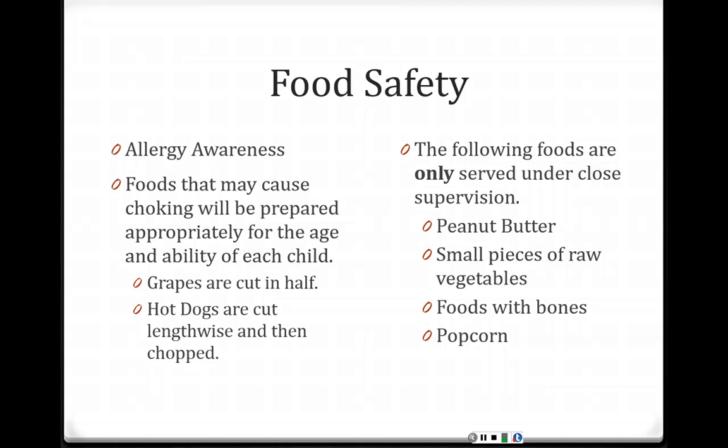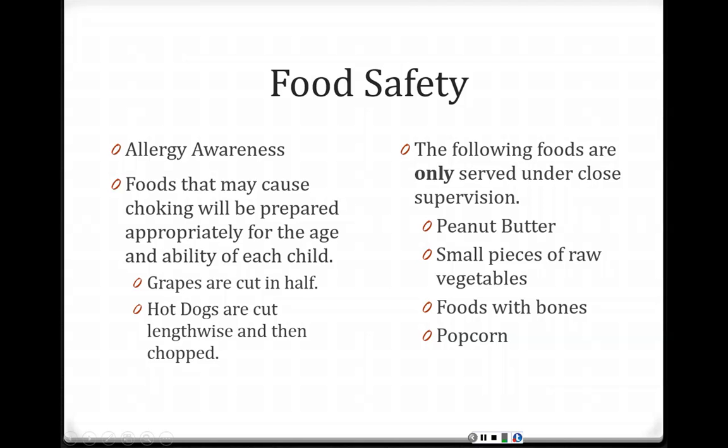Does it involve an EpiPen? Is it alerting their parents because they are going to be maybe having diarrhea later on in the evening? Or if it's a skin issue, if they're going to break out in a rash, their parents need to be aware of that. So you need to find out what the response should be should a child accidentally come into contact with something. And for each child, it may be a different plan of action, so you need to be aware of what that is.